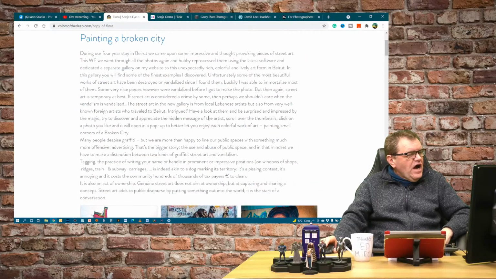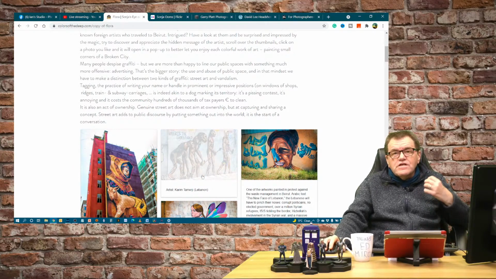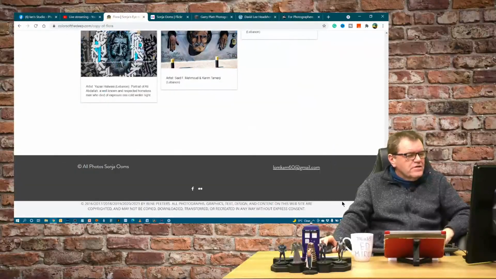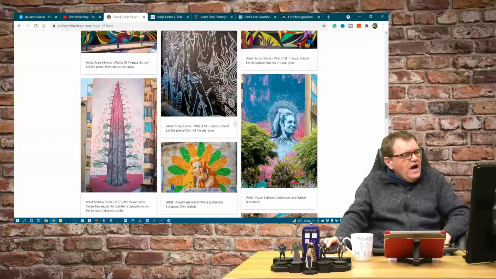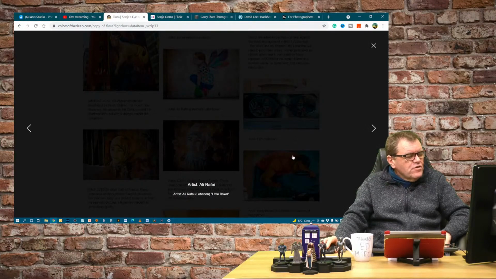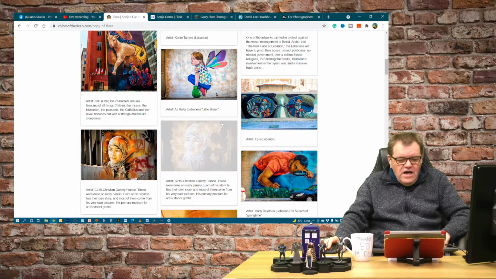So I would say put that between the introductory text and the images, so that no one's got an excuse for not seeing that warning about the images on there. I know it's stuck in the footer because that means you don't have to put it on every page, and probably just keep it in the footer anyway, but I would also put it up there because with your images you haven't got that warning anywhere else. I have it on as a watermark on my images, so just think about that.